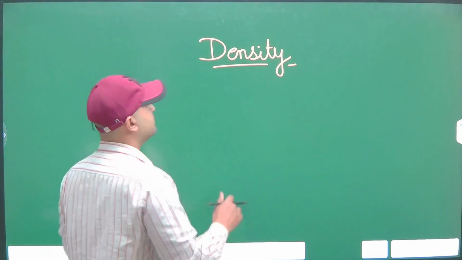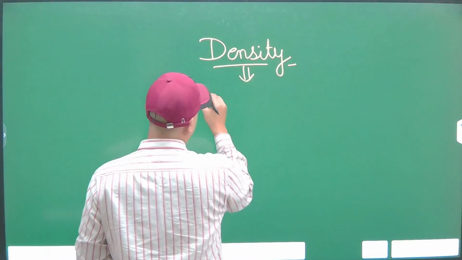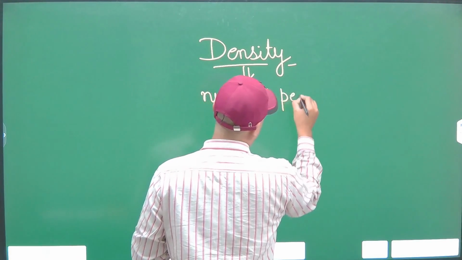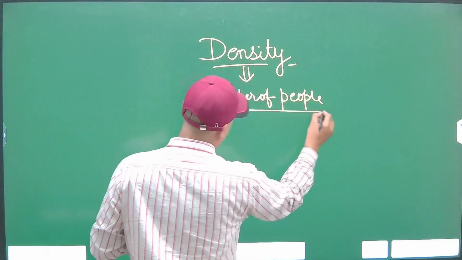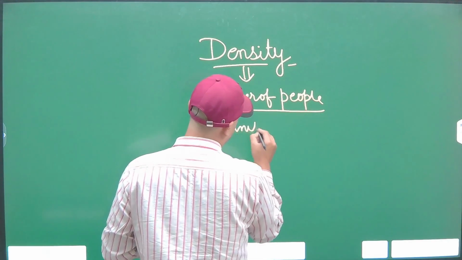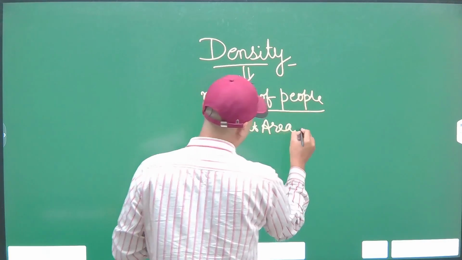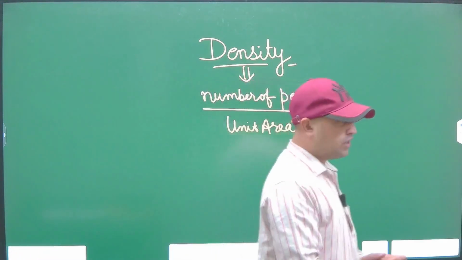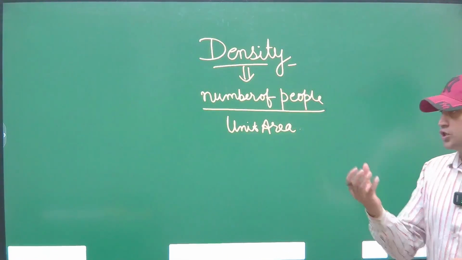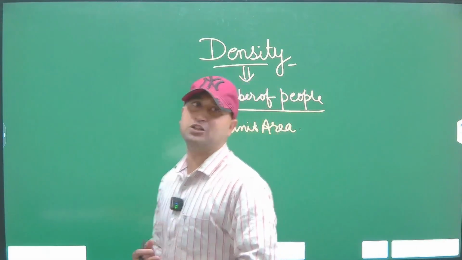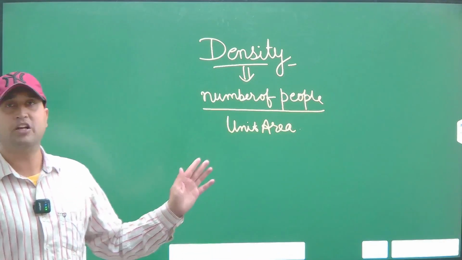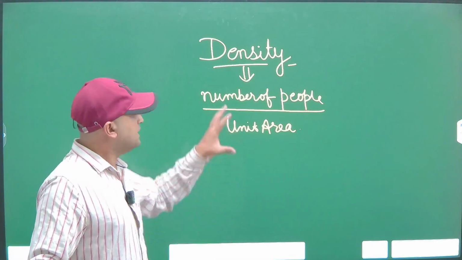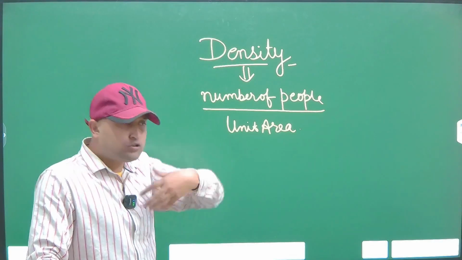Density means the number of people per unit area. Number of people per unit area is the density. Density of population is a yardstick, a tool to understand the distribution of population. The density of population not only helps in understanding the distribution of population, but also describes